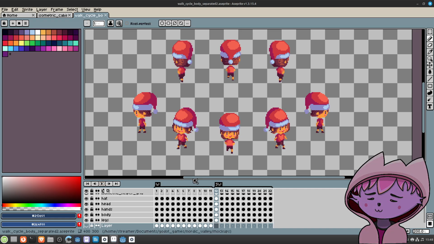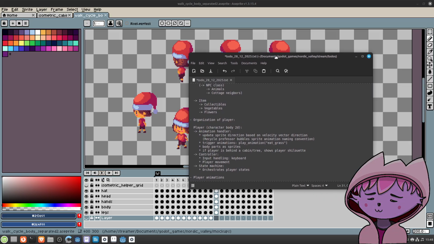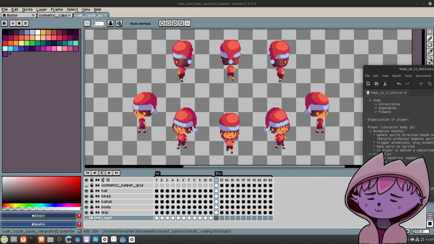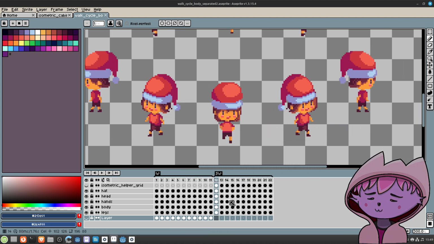So let's imagine the animation handler gets called from the state machine. Like simple idling, which we don't have yet, but at some point we do.